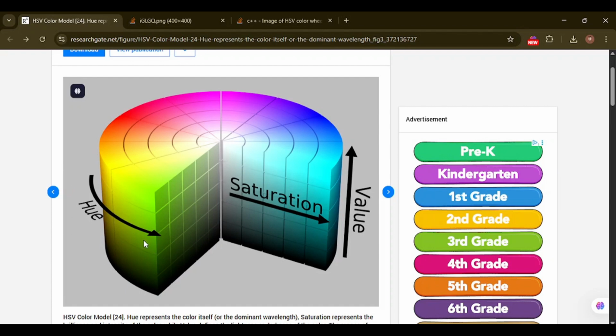What we are concerned with is the hue channel of the HSV. Why? Because the hue channel is the one that controls the color. Think of it as a cylinder. This is the value, this is the saturation, but this is the hue which is controlling the colors. Like light blue, dark blue, then purplish, pinkish, reddish, yellow, and green. So hue is the channel that controls the colors in the color space, and we are going to use this hue channel if we want to create a color detector.